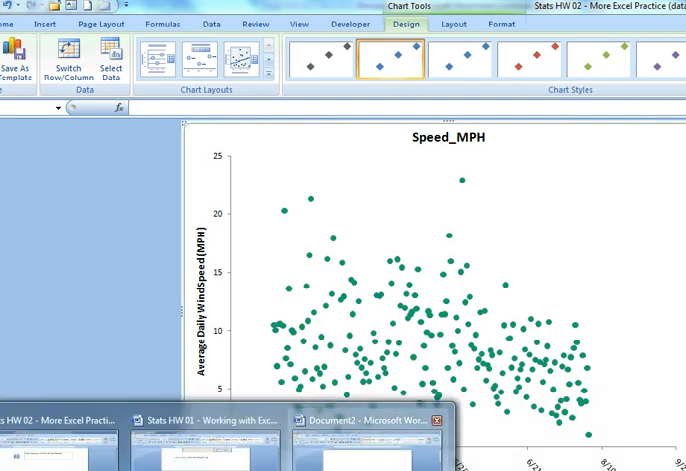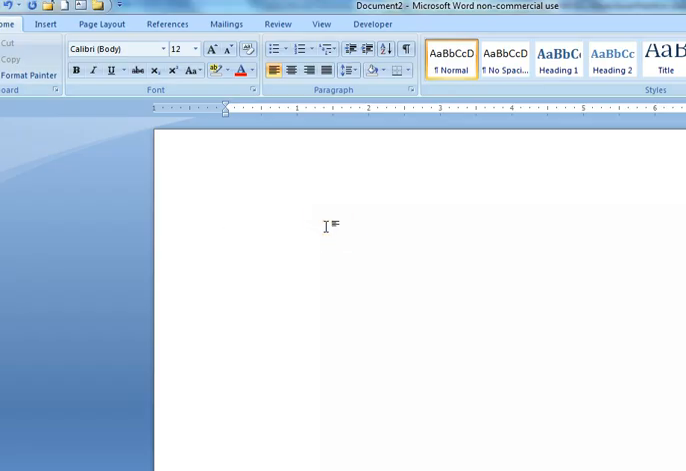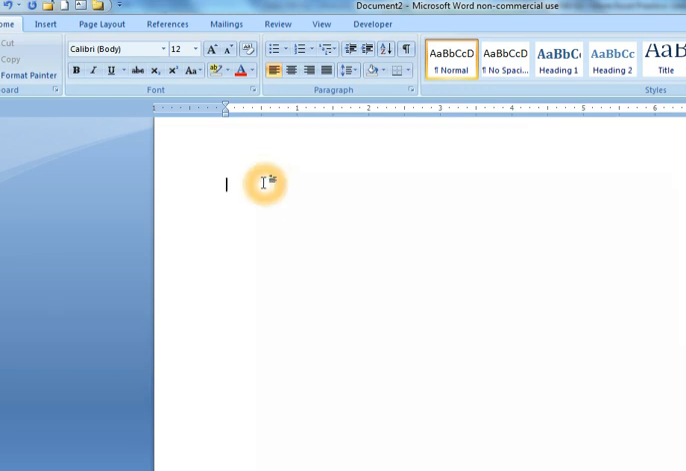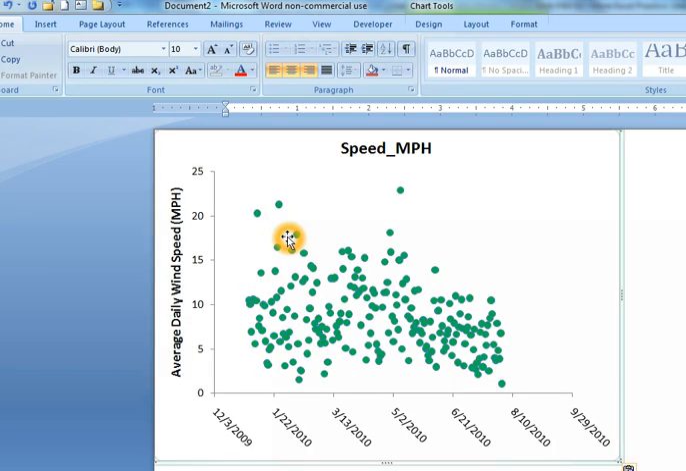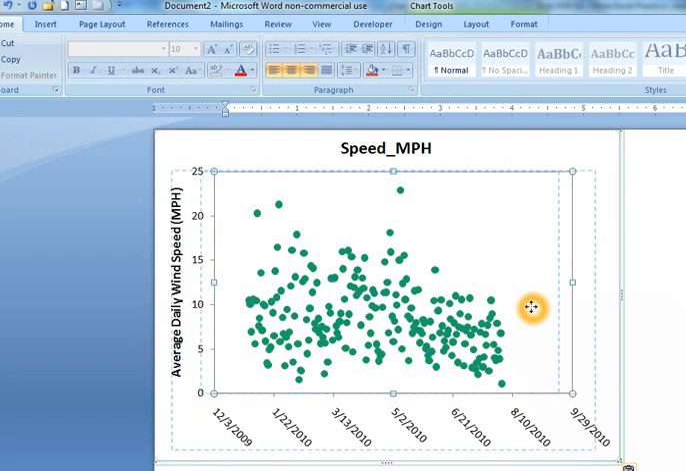Come over to Word. Here's a blank document. I always put several spaces in, so I click up here, I hit Return, then I click where I want to paste it, and I go Control V. Now, here's the problem. When I do that,